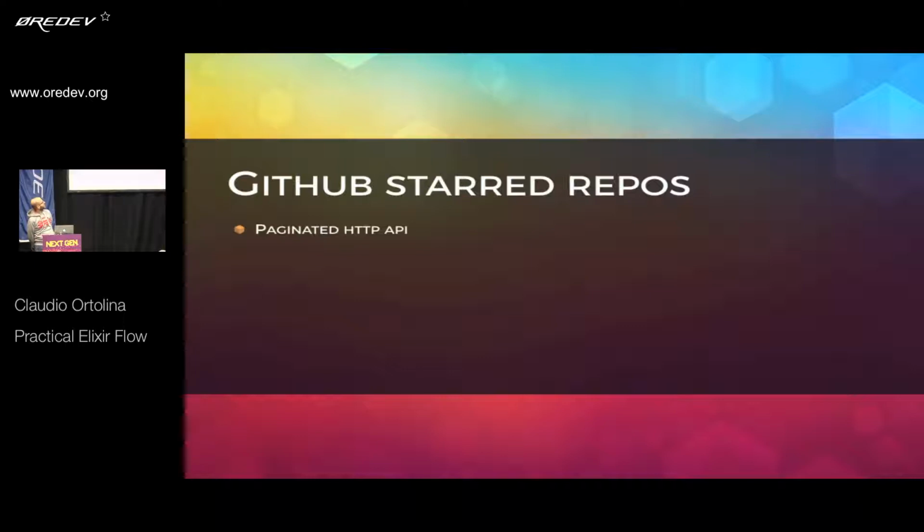I don't know why. So it's a paginated HTTP API. There are other ways to access GitHub data, but we're just going to stick with this. At the current point in time, the entire history of the repos I favorited spans across 15 pages. So if we want to go through it in its entirety, we make basically 15 paginated HTTP requests. We're going to fetch some of those, and process and do some aggregation on them.